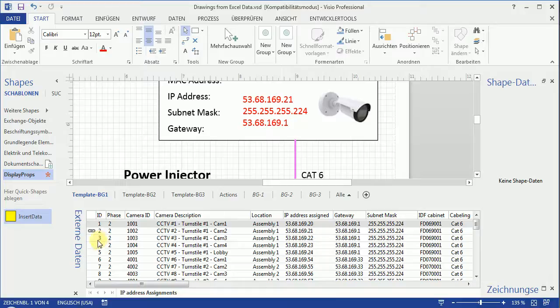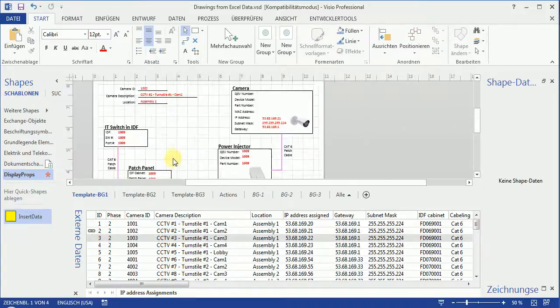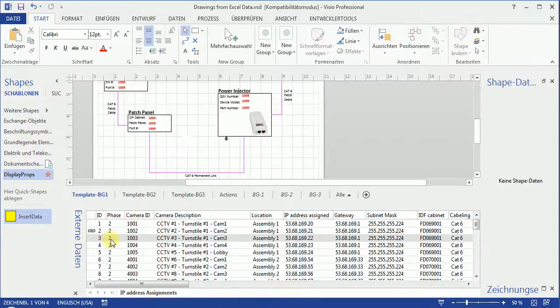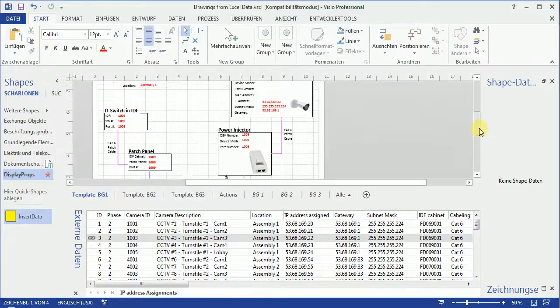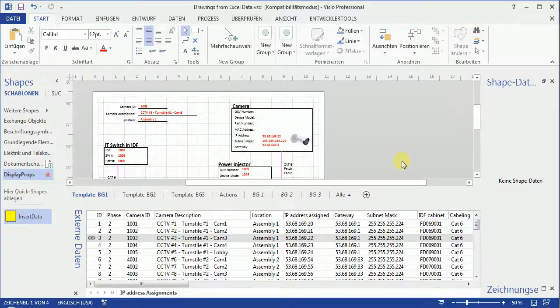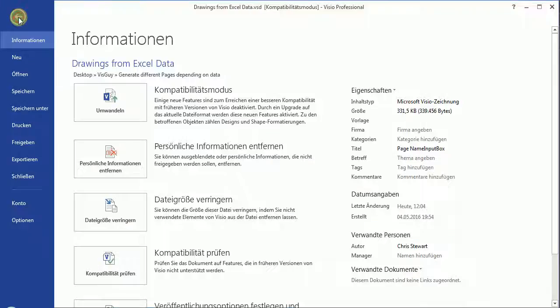And this can be repeated with the next row. Check. Camera ID number 3. Fine. Now you could either export the PDF or make a screenshot,